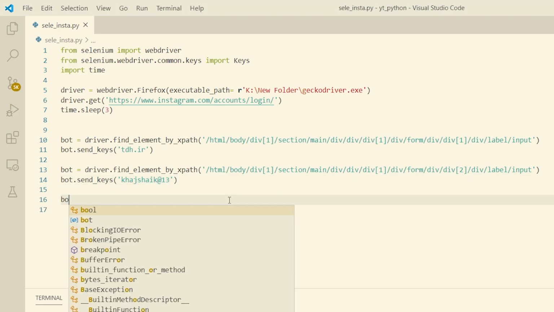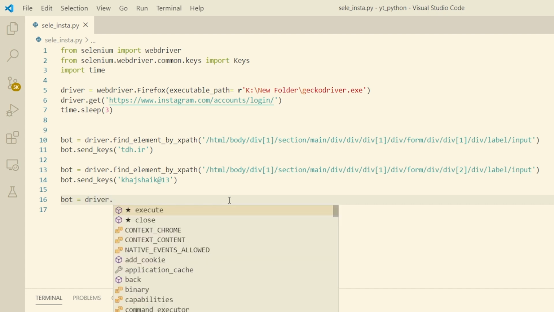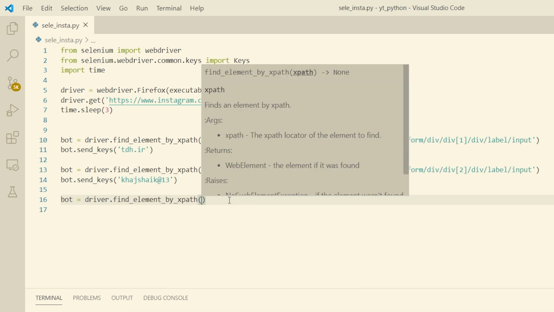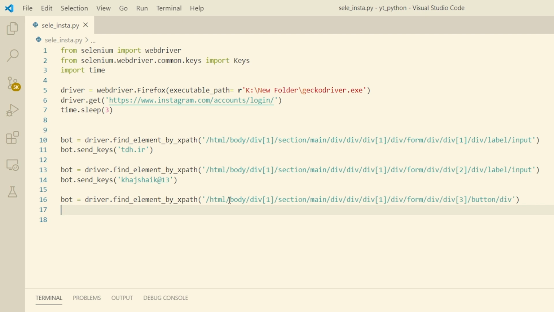Same way, bot is equals to driver dot find element by XPath and paste that XPath here, and now bot dot click.